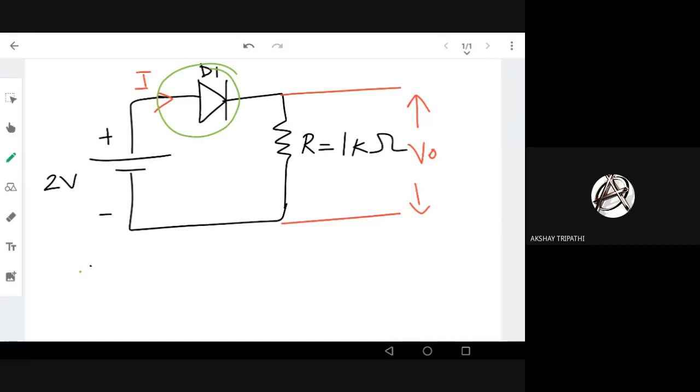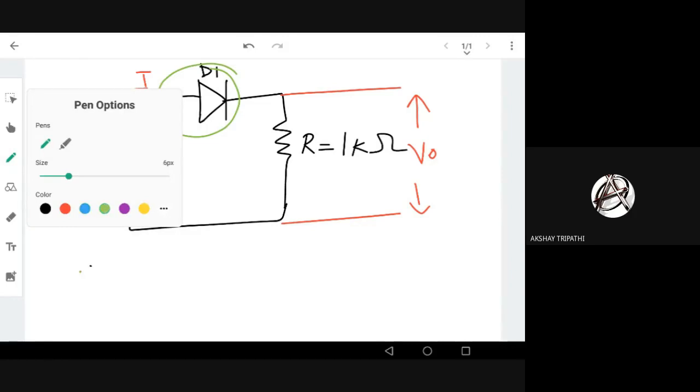What are the different types of modeling of a diode? I think we have discussed the resistance diode equivalent circuits, I'm not sure. I think we have discussed the ideal diode circuit models. We have discussed the constant voltage models, I think, right? So here, let's start doing this problem from the start.